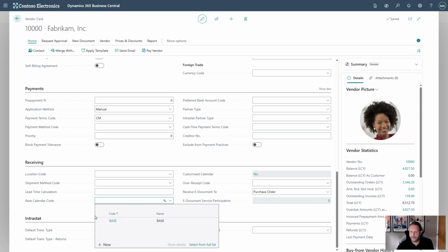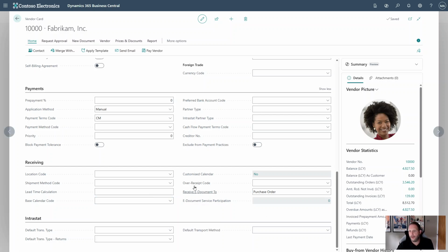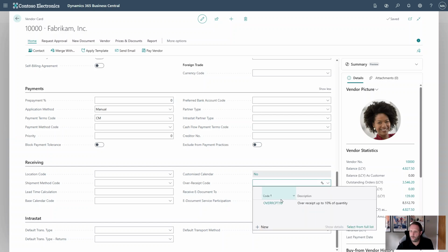Then got base calendar and customized calendar, so we can select if we've got one or more base calendars, we can select those for this vendor, and then if that vendor doesn't operate on the same base calendar as us, we can then customize that calendar to say these are the days that vendor actually operates. Then got an over receipt code, so within Business Central we can also create over receipts, so potentially if a supplier will over deliver to us, we can enter in an over receipt code to allow us to over receipt